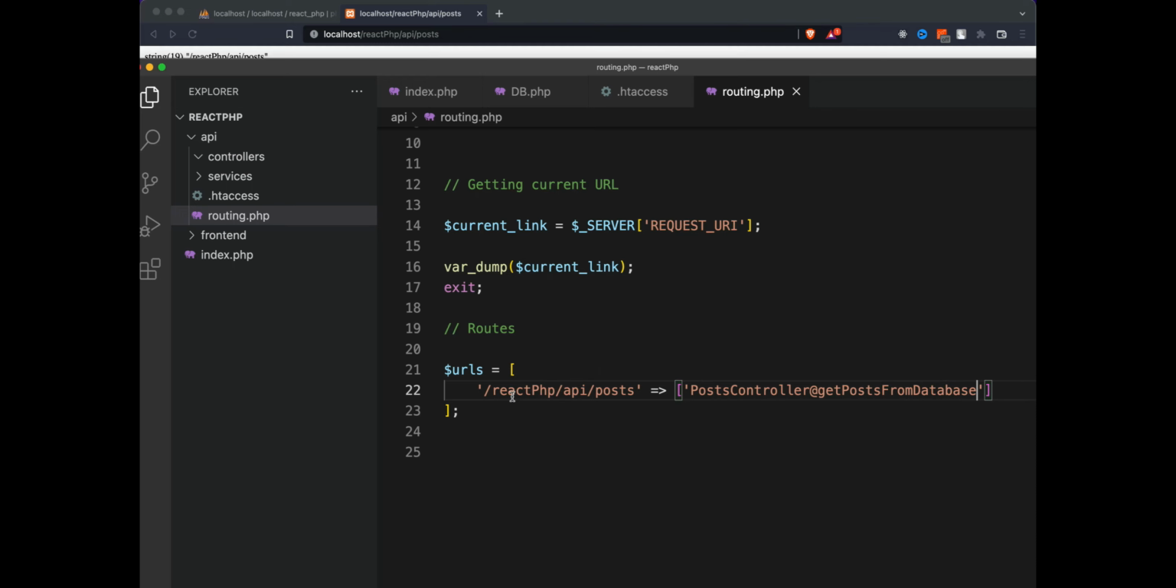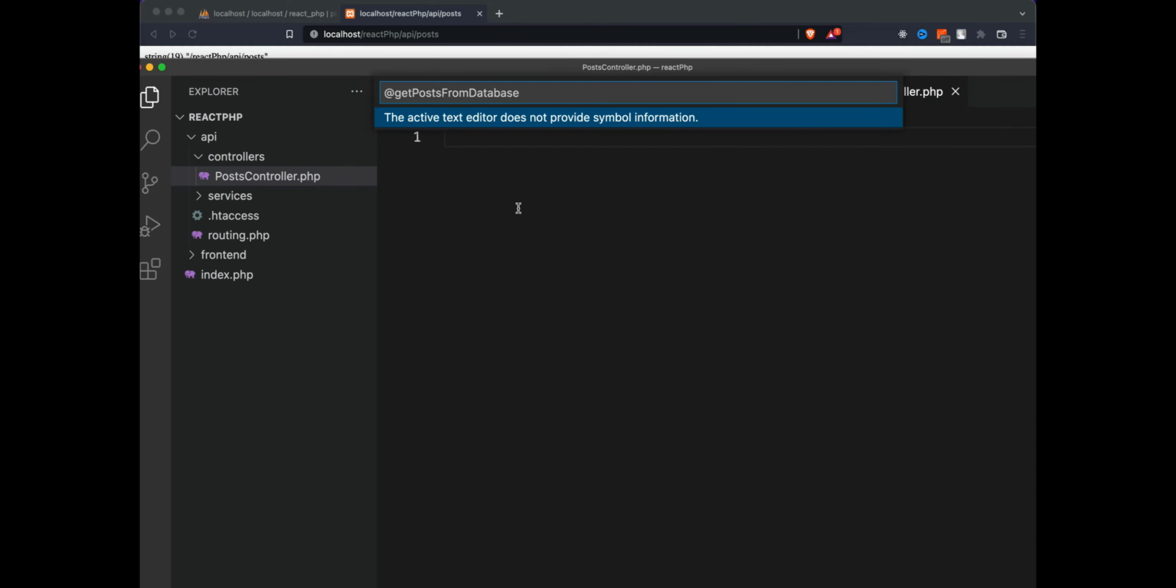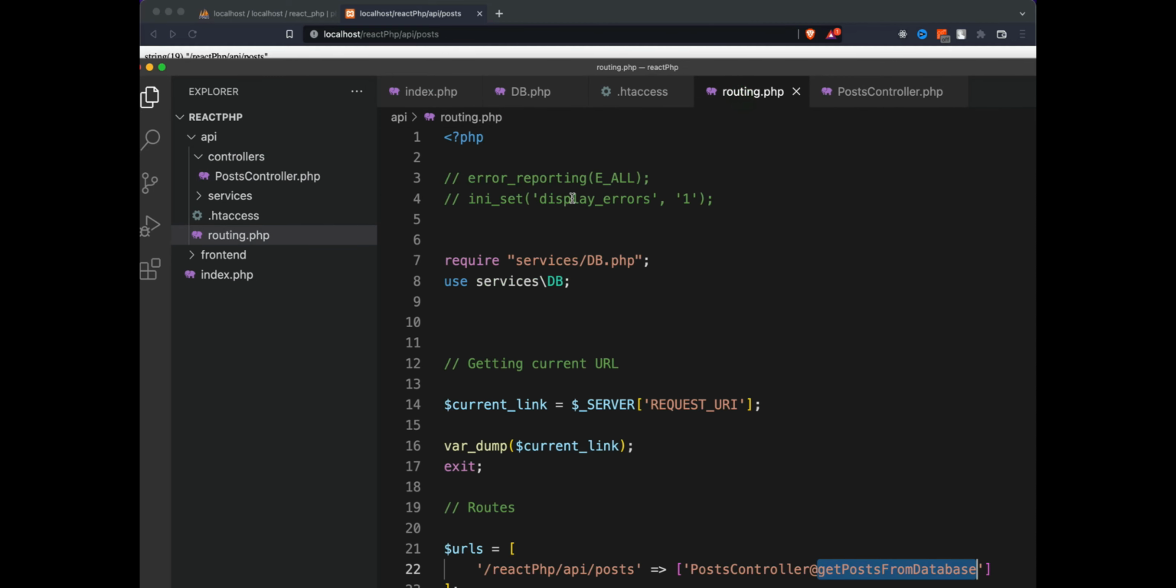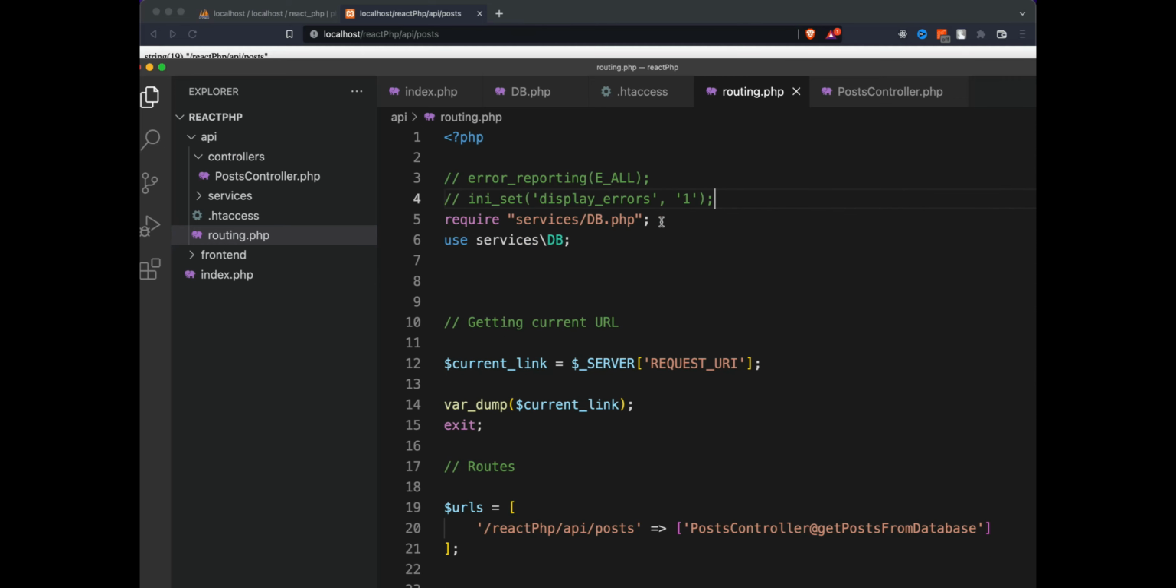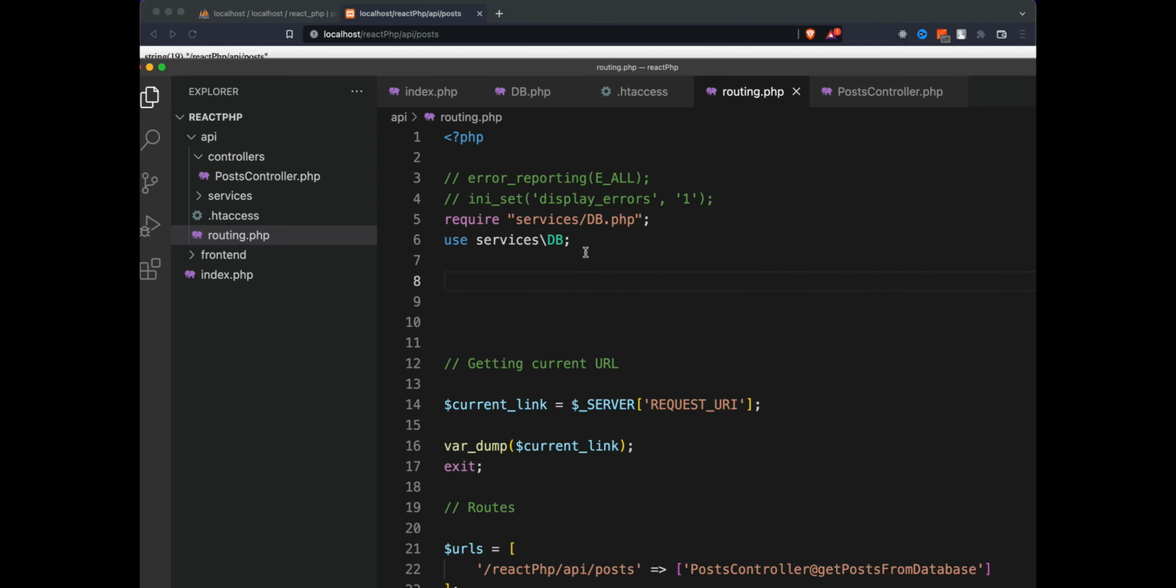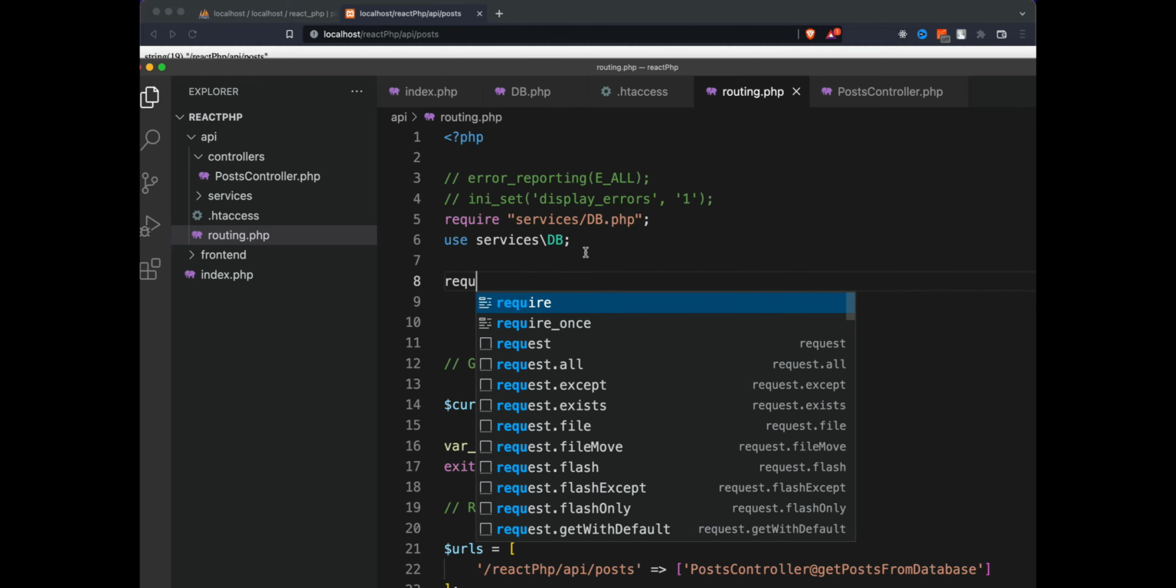All right, so it's kind of Laravel style. We are just mentioning this is the URL, and then we have this controller, and this is the function we want to use. Now, obviously, we do not have the posts controller with us, so let's create it. So we go to controllers. Here we say posts controller.php. All right, now here in routing, we need to include it. So I put the DB on top because every single controller will require the database, and after that we can use our controllers. So here I simply say require,